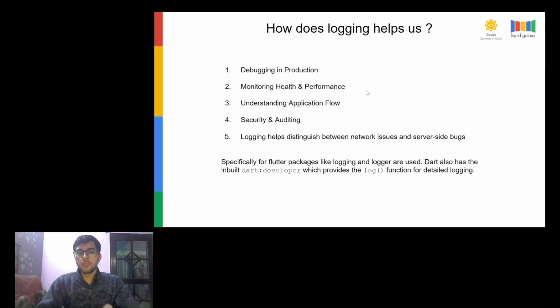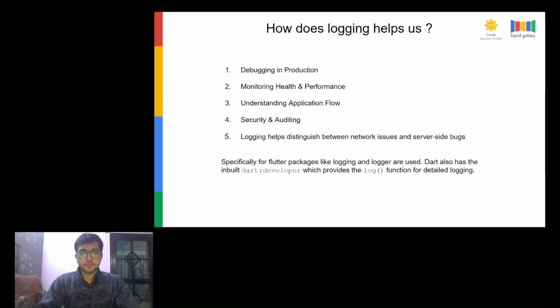Next, it is also used to understand the application flow. In complex architectures, especially asynchronous ones like mobile applications or distributed systems, it is hard to mentally model the exact sequence of events. But logs help you to trace a request from the UI through the business logic to the database and back. In multi-threaded environments, logs help you to identify race conditions by showing the exact order in which different threads executed